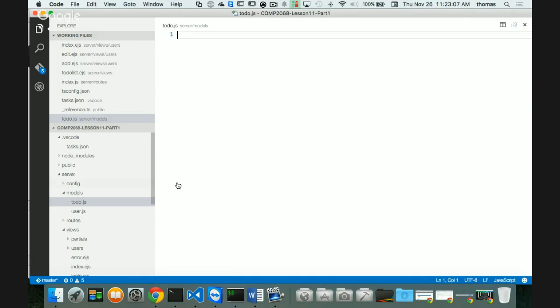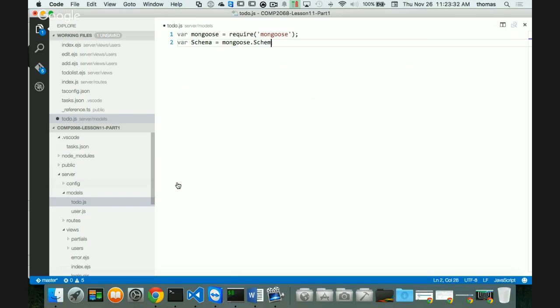I've got my to-do model and I got my user model, right? I got to put the same kind of stuff in there that we had before. So I'm going to say var mongoose, just like we did before, because it's still a mongoose module. This is back to Node again. Is require mongoose. I need to have that in there. I also have to have a schema. Remember we did a schema, which says schema is equal to